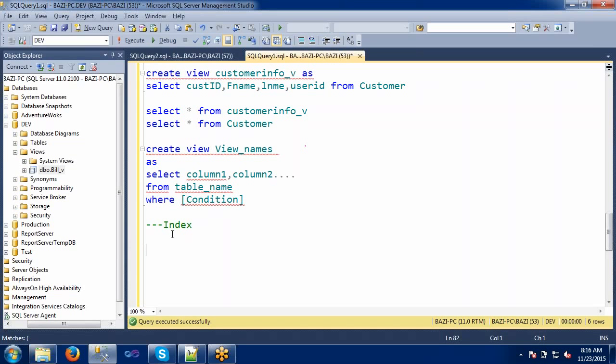Like this, you are not searching the entire book, right? We are just referring to one index. In that index you directly check for that value and go to that page. The same concept we are implementing in the database. Okay, I will show you how the indexes work. Coming to the technical side, in SQL we have two different types of indexes. One is called a cluster index, and the other one we call a non-cluster index.